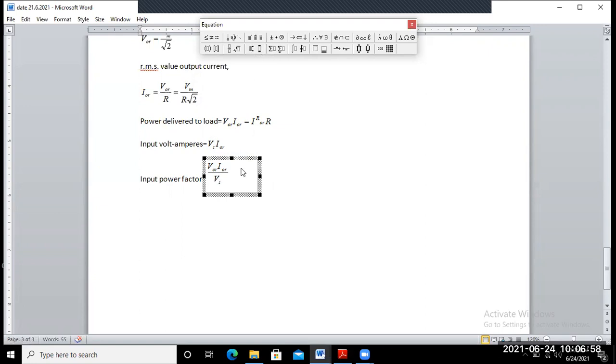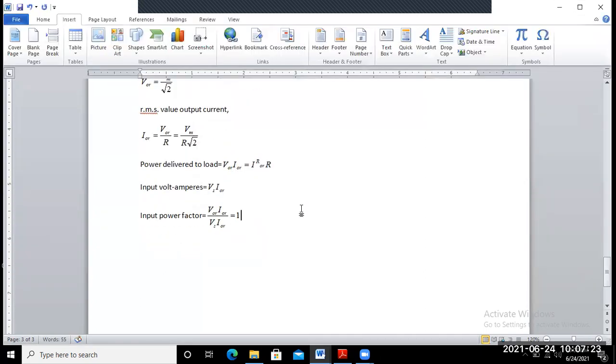So V output RMS and Vs are the same, and I output RMS is cancelled. So this one is equal to 1.